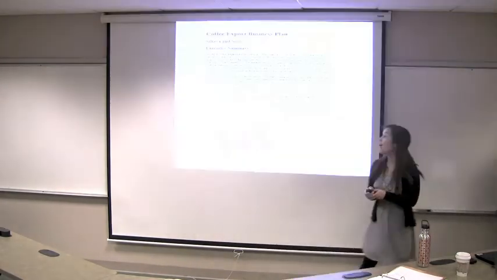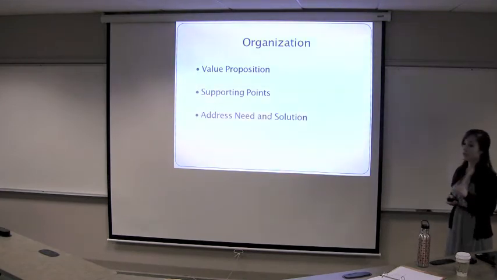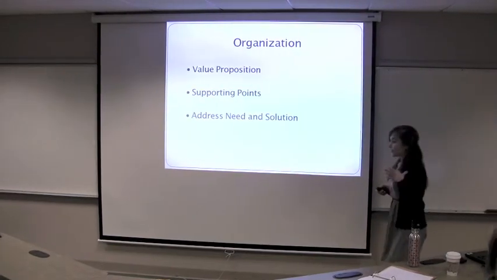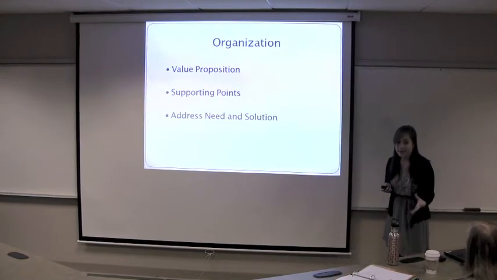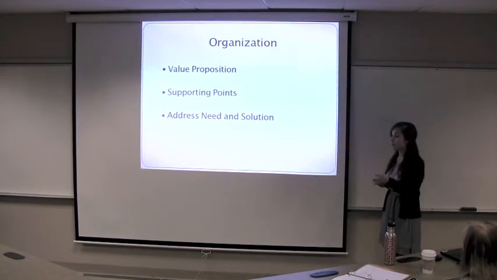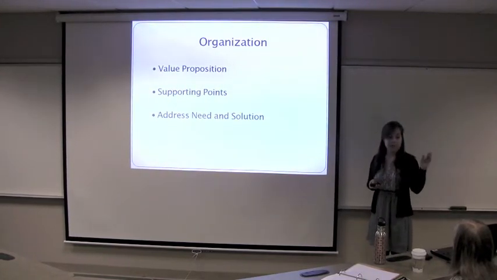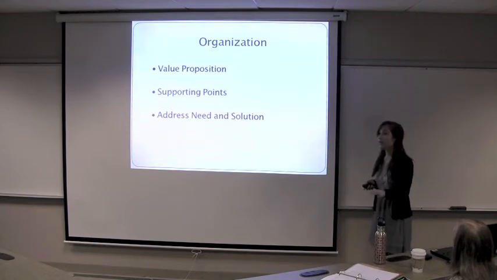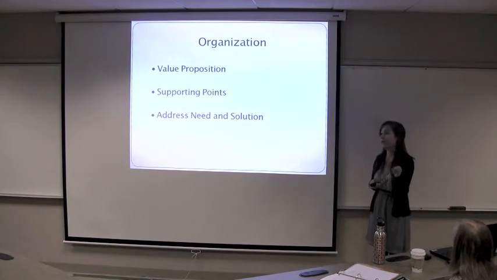Okay, thank you, Jeremy. So we just went over the organization of what you want your executive summary to look like. You want to have your value proposition, which is the value that you're proposing, and you want it to come across clearly, and you want it to be organized in a way that the busy executive looking it over can grab quickly what he needs to see, and he doesn't have to go through a lot of words and abstract words, but you want it to be direct and to the point.